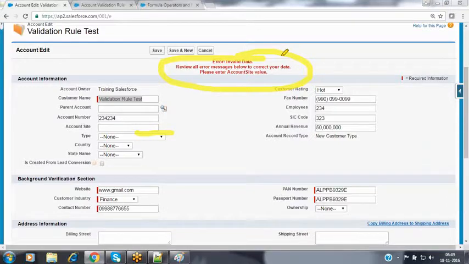But where is this account site field? How do we know? The customer has to search for it here. Why? Because in an object, we can create a maximum of 800 custom fields in an unlimited edition. If I have some 800 fields, then how big is my user interface? My user interface may have so many fields, all 800 fields on my user interface.